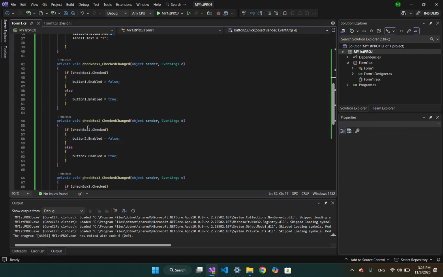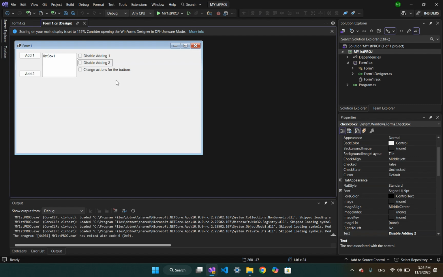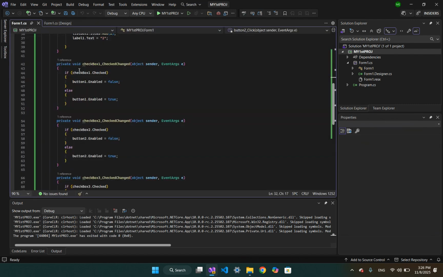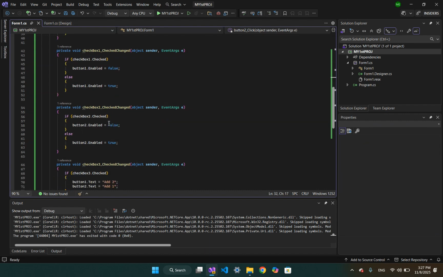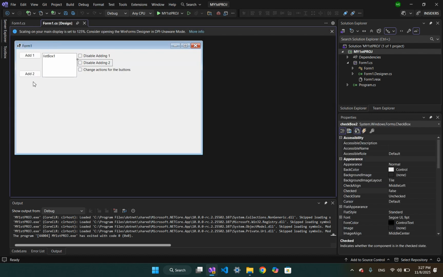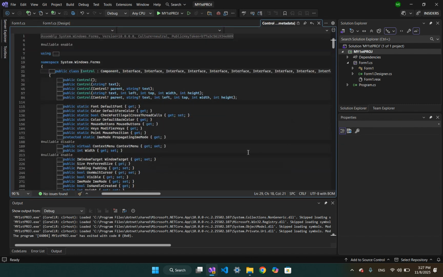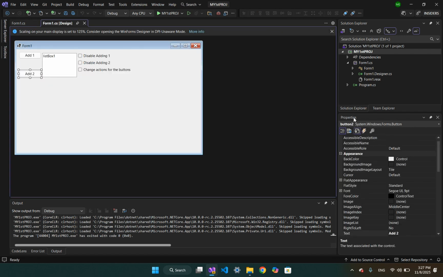The same here, but here it's checkbox 2 because I wanted this checkbox. And check if checkbox 2, if it's checked, button 2 dot enabled equal false. Here the same, but here this checkbox is 2 and button 2. Button 2 is this button. And one second, please. Button 2 means this button,